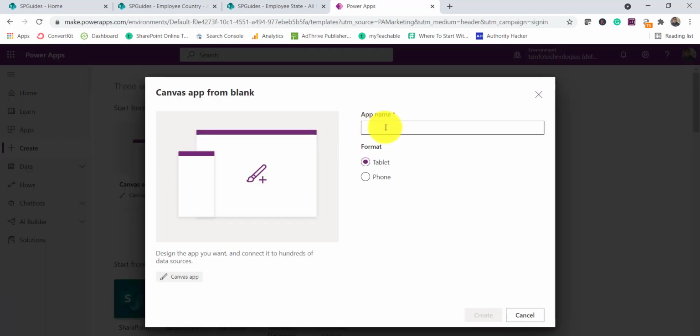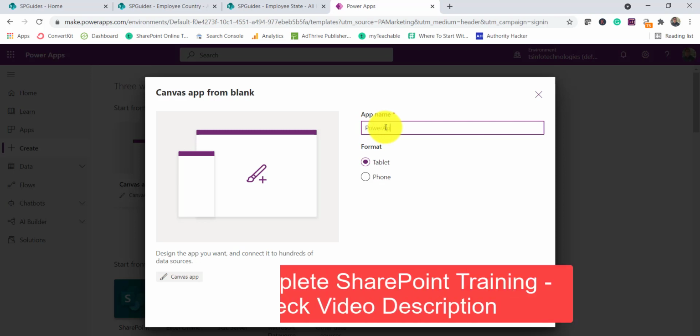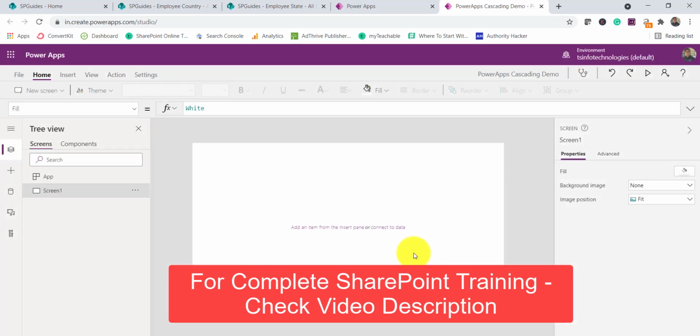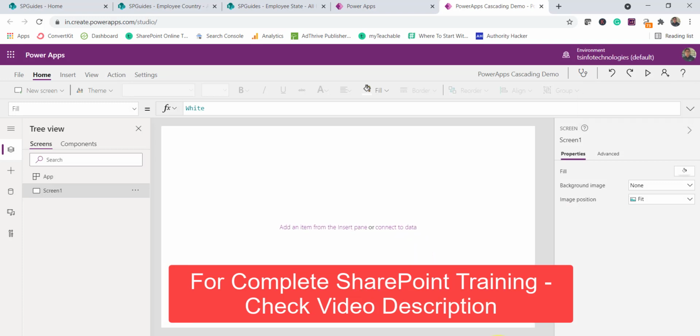I will give, let's say, Power Apps cascading demo. Then we will choose the tablet layout and then click on create. Once you click on create, then you will come up with a blank app. So basically that's a blank canvas app. You can see it here. Let me just increase a little bit. So next what we will do here is, first thing is we need to create the data